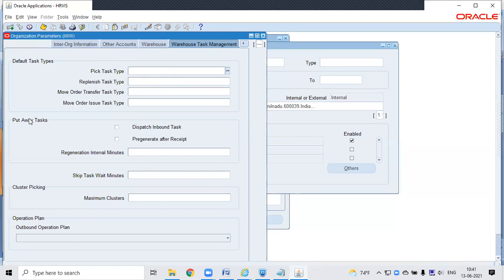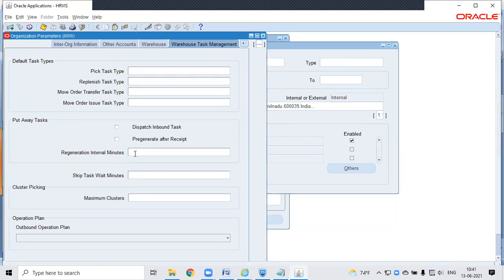And then the putaway task. If you want to generate it automatically after you do the receipt, you can click it here. When we do the receipt of an LPN against a PO or IR, it will automatically create a putaway task by default in the system. Whichever operator scans it will get the task and the execution. And this is the generation interval time, how many intervals you can generate the task. This is only when you are going to generate the task by default after the receipt.